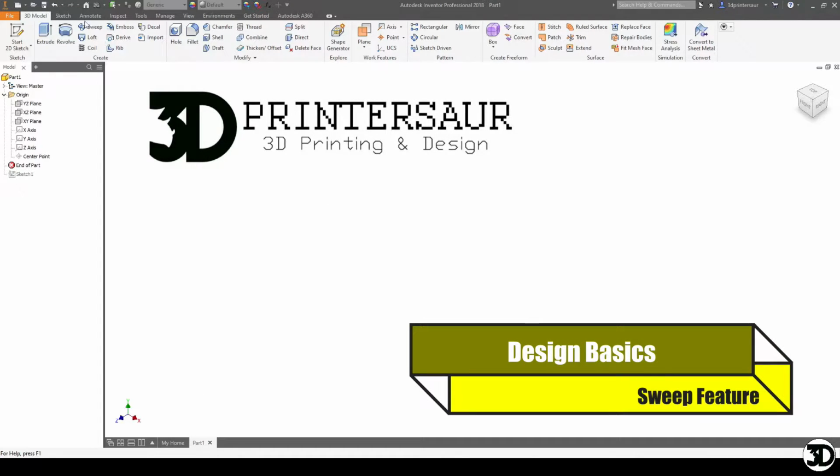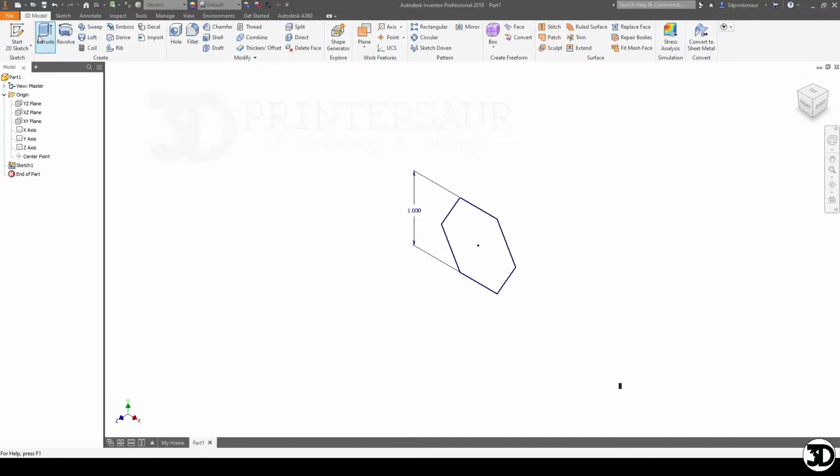In this video, we're going to discuss the sweep feature. The way this works is you're going to need two sketches to be consumed, compared to the one that's traditionally used in an extrude or revolve feature. The first one's going to be your profile, just like an extrusion, but then the next is what's going to